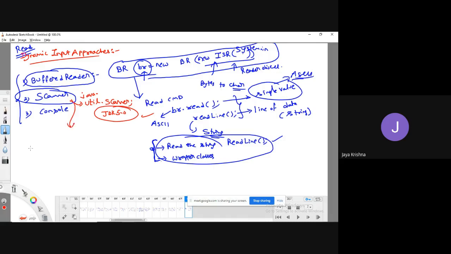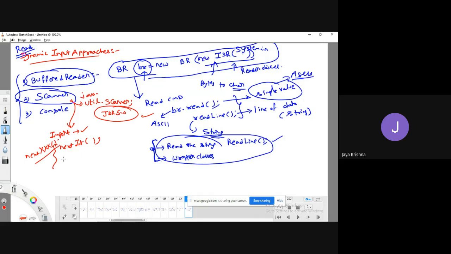See, while explaining the earlier concept, what I explained is that you compulsorily need to import the class, and then you have to use specific kinds of methods. Like if you want to read integer data, simply I can say you need to use the nextXxx methods.